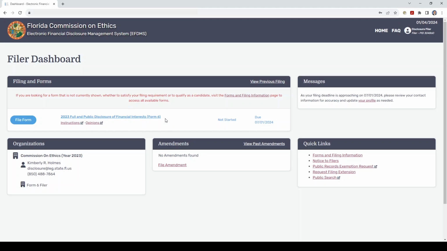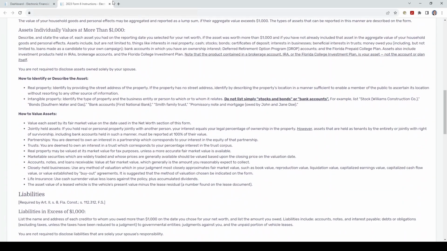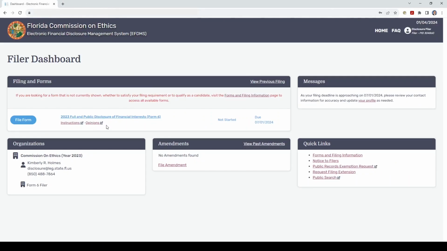You can see here that there are other things that help you to get information about the Form 6. First and foremost, there's a link here for the instructions. When you click on that, it takes you again back to the 2023 Form 6 instructions, and all the instructions here are available for you. Additionally, the page in the top right corner has a link for FAQ. When you click on the link for FAQ,